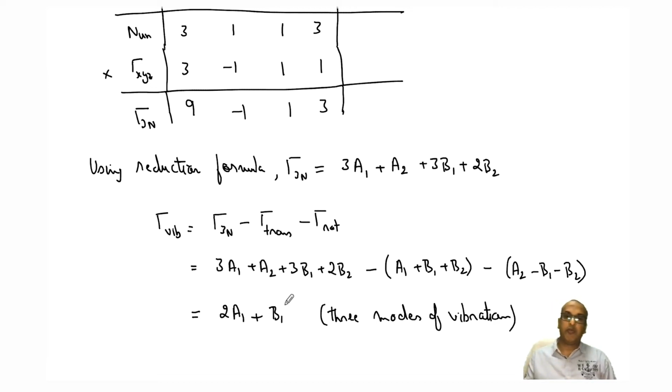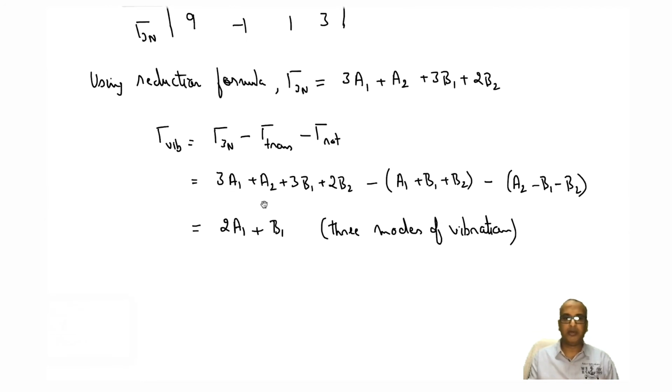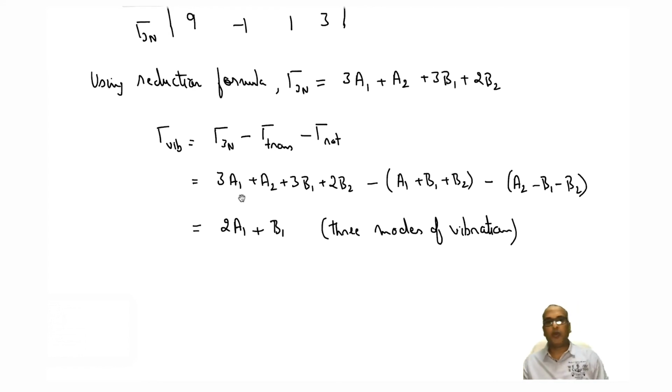Okay. Now, we don't know what those vibrational modes are. That we will look at later in the next lecture. But at least now we know how many lines are expected if we record the vibrational spectrum of a molecule. So this is purely theoretical, but without having to record the vibrational spectrum, you know beforehand that you must be getting 3 lines, right? Because there are 3 modes of vibration.